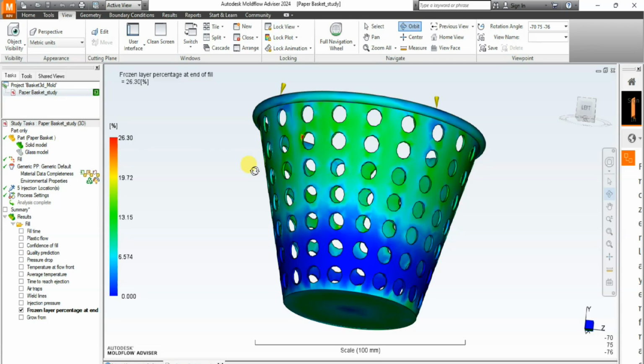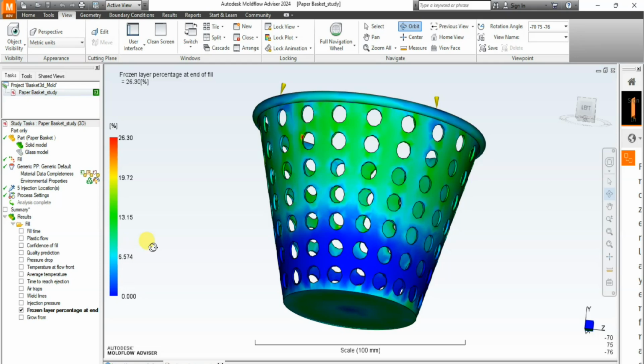That's like 20% to 25%. In this case, we are having almost 26. We have up to 26%. So definitely this requires some sort of tweaking or modification so that these baskets can be optimized for production time. Now, higher values will make the part difficult to pack out. Areas of the mold that are filled early in the cycle but have little subsequent flow normally have highest frozen